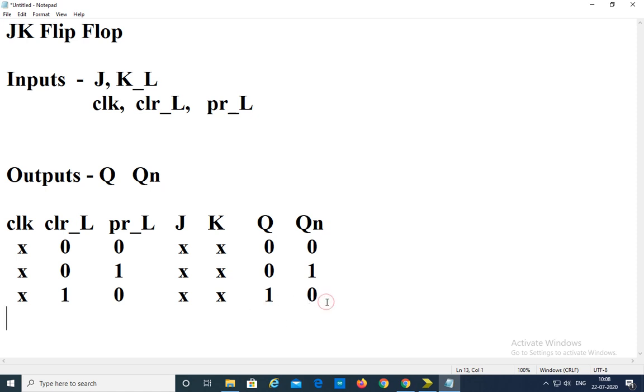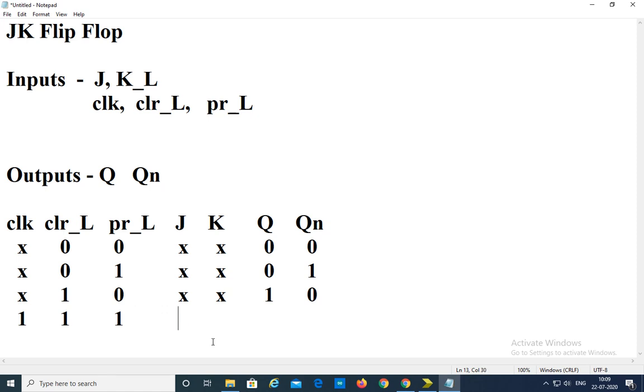Now what happens if both are inactive? We are not saying to clear the flip-flop or preset the flip-flop. Both are inactive. Then it depends upon the clock now. If clock is rising edge, then it will check for inputs.